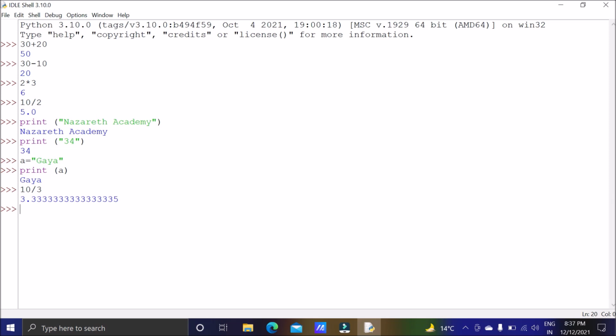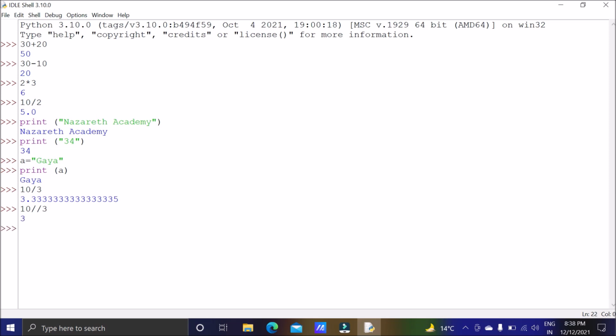But if we don't want the decimal value, we want only the integer value. So instead of going for single slash, I will go for double slash. This is called floor division. Instead of division, I am going for floor division. So instead of giving the decimal part also, it will only give me the integer part.